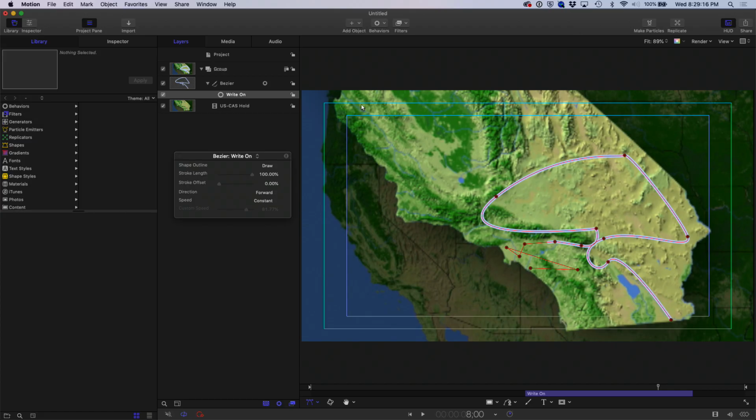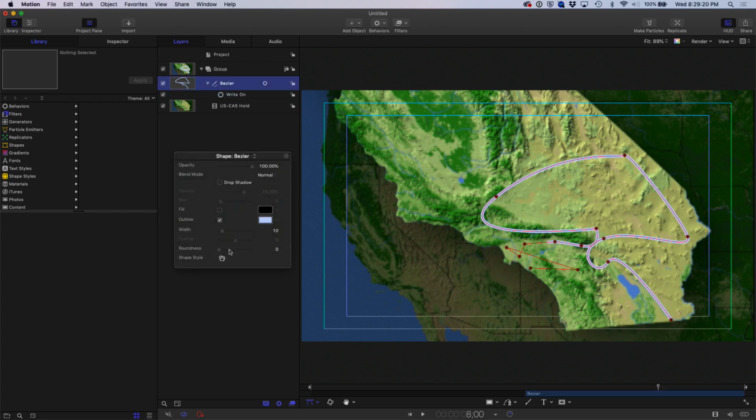Except that's just too boring. And you guys don't do boring work. You do high quality work. So we're going to do one more thing. We're going to select our Bezier path, and we're going to click on Shape Style. What Shape Style allows us to do